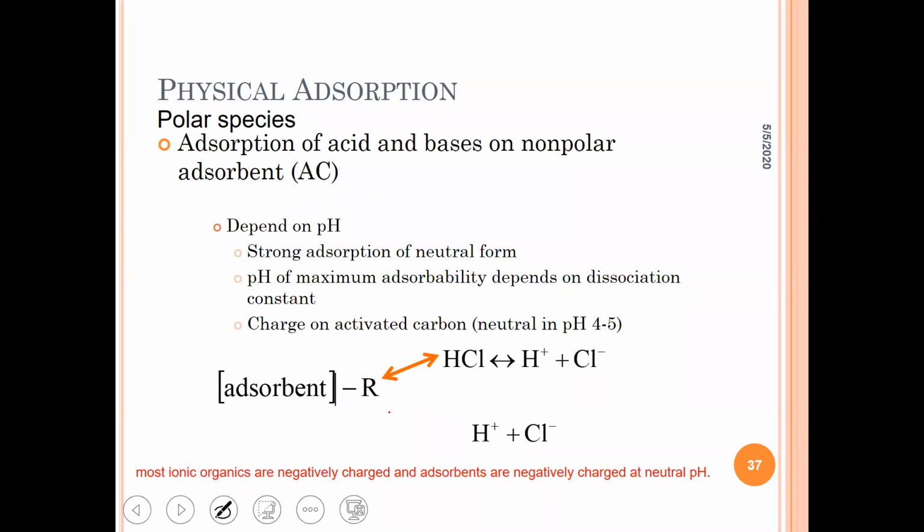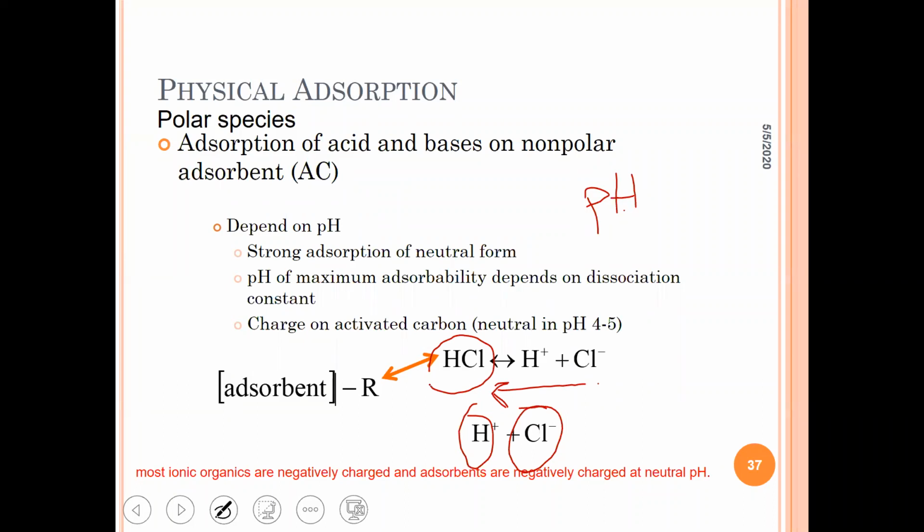However, it depends on pH also. So if you see, in case of acid, if you dissolve acid, put acid HCl, hydrochloric acid, in water, it will form hydrogen ion and chloride ion. But depending on the acid pH, the reaction may tend to this side. So the molecule of HCl may be in undissociated form at pH